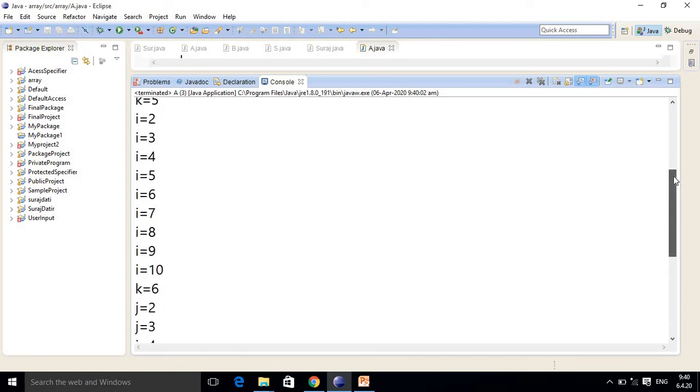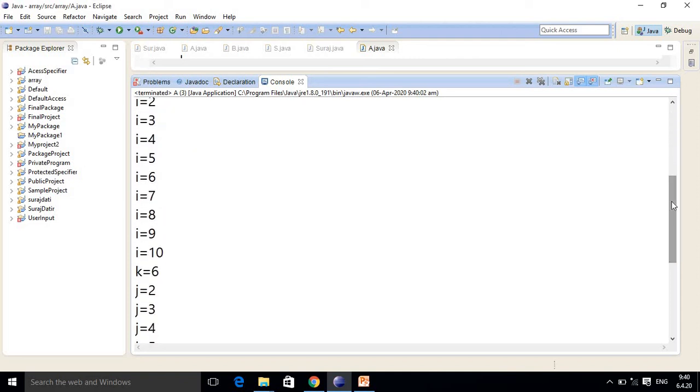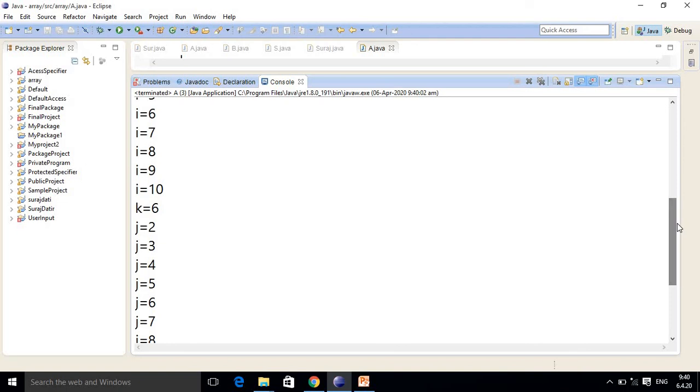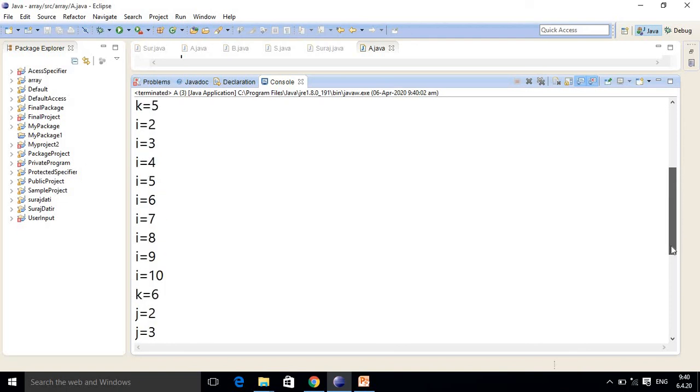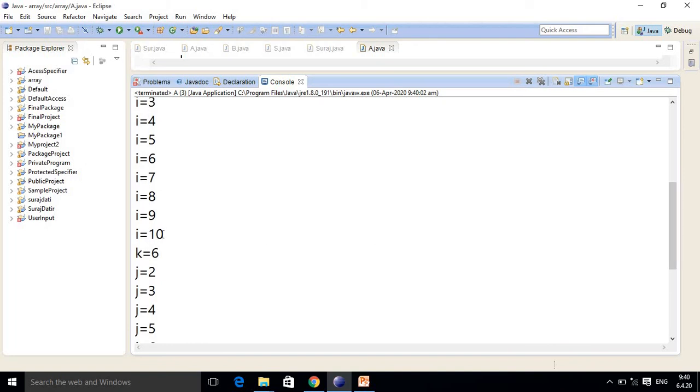I just tell you this output will vary from machine to machine. During the execution, most chances will be given to the first thread so that it will complete its task. That's the reason, in this output you observe carefully: first i equals 10 is over, then priority is given to j.